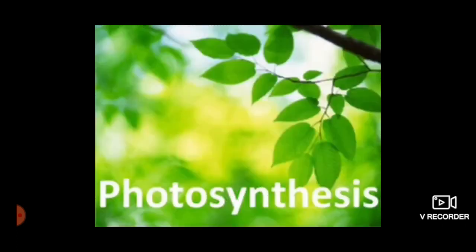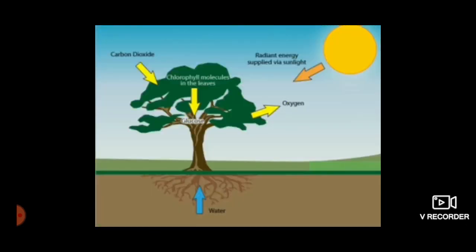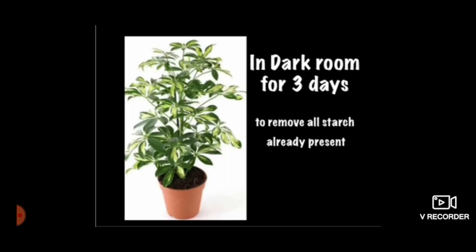Photosynthesis is an important physiological activity of all green plants. For photosynthesis to occur, the factors required are sunlight, chlorophyll, carbon dioxide, water, and various minerals and nutrients present in the soil. To prove the necessity of chlorophyll in photosynthesis, a specific experiment is done in the following way. A potted plant with variegated leaves is selected and kept in a dark room